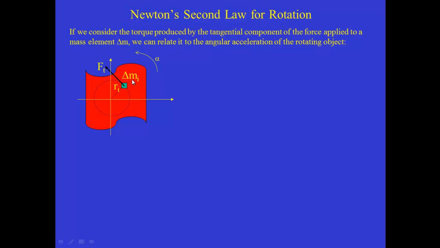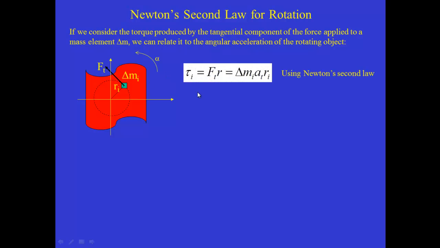One of the nice things about studying rigid objects like this is that when they rotate, they all rotate together. They all have the same angular velocity omega, they all have the same angular acceleration alpha, and so this simplifies the way that we study them. So the torque that's on a little piece of mass, a mass element delta m sub i, is just the